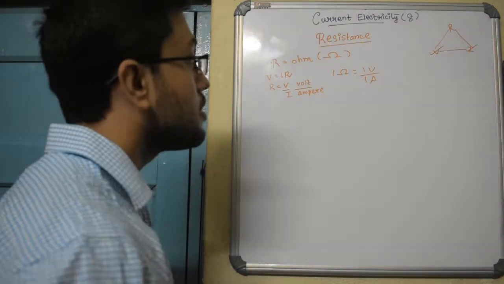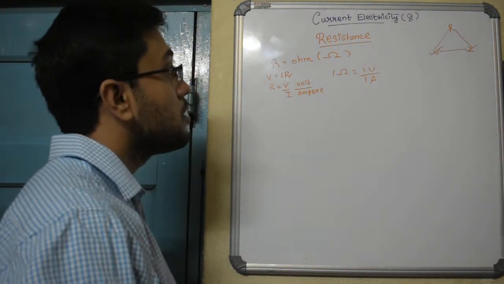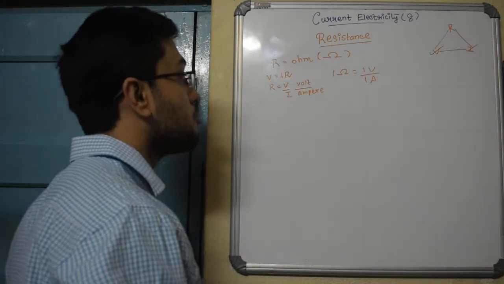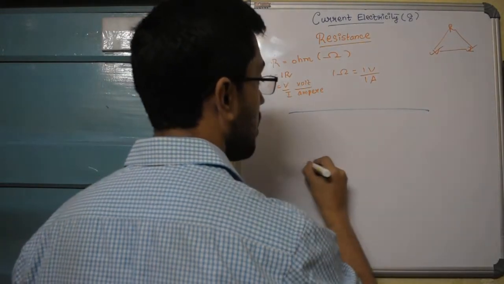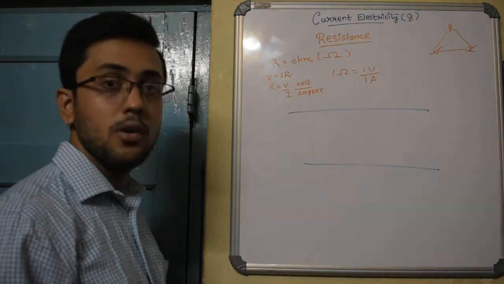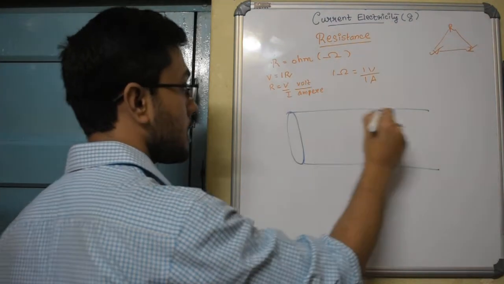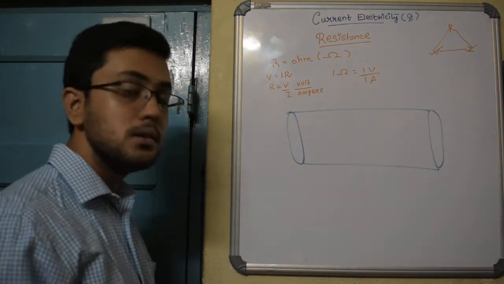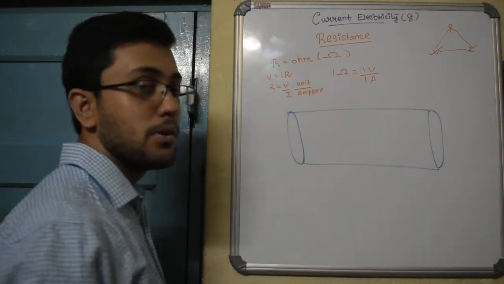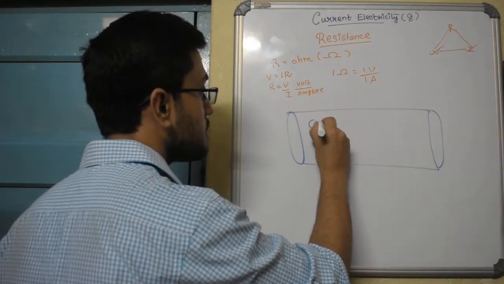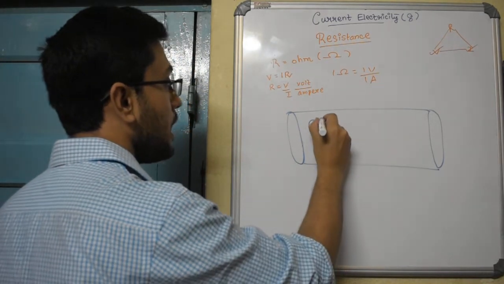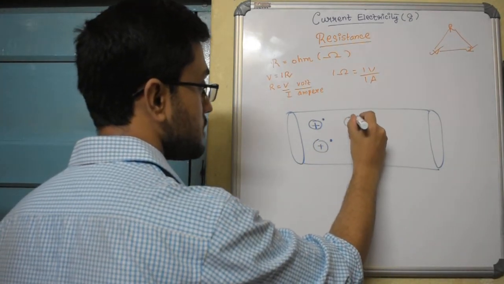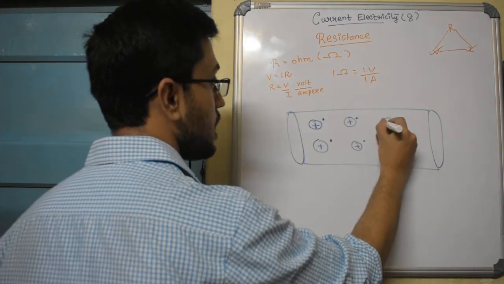Now before I move into Ohm's law, let us talk about how the concept of resistance comes into being. Why do materials provide resistance to something? So let me draw a zoomed in version of a wire. This is, say, the cross section of a conducting wire that I have taken here. Now what is there inside the conducting wire? Obviously there will be atoms with which this particular material is made. Atoms means there will be the seat of positive charge, the nucleus, and along with that there will be electrons. So this is what atoms are basically, positive charges at the nucleus surrounded by electrons.